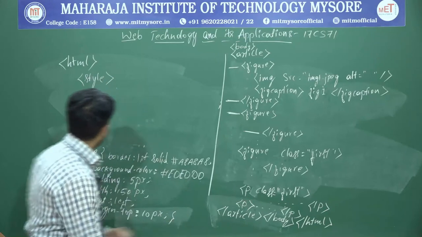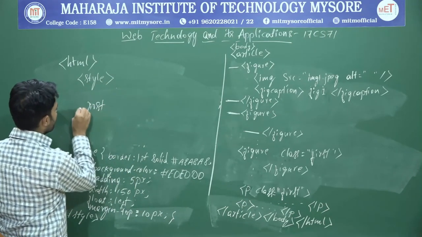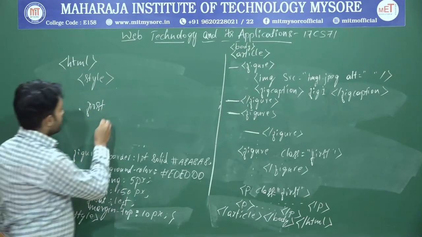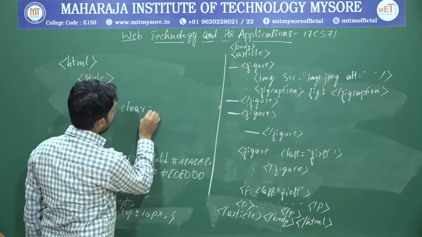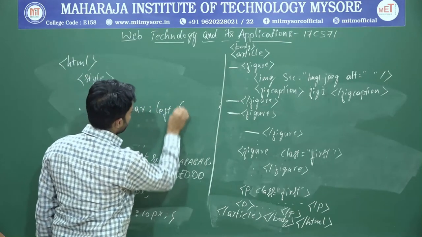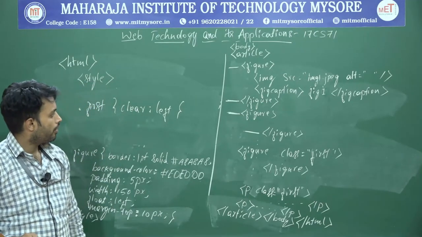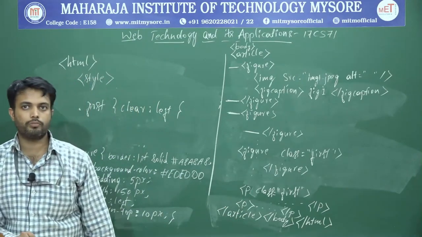Before this I have to write dot first, because first is the class name. So, first, clear colon left. Now if I run the same program, you can notice that in our output